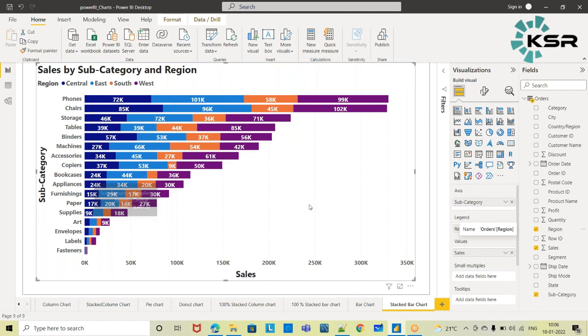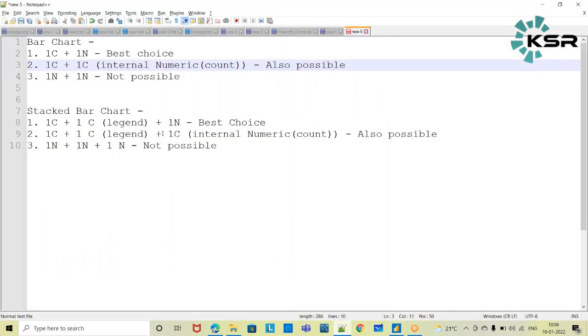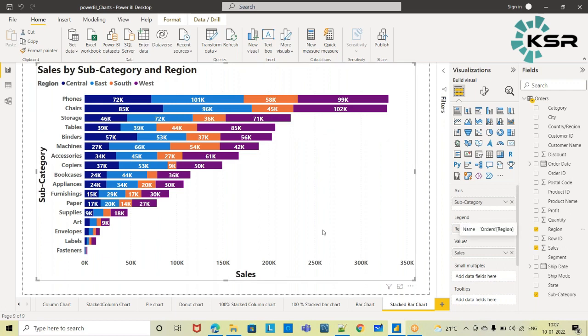So this is how you can get some additional information, and readability is also good. In both the cases in bar chart we have seen one categorical and one numerical. This will always be the best choice when you want to go with the stacked bar chart.